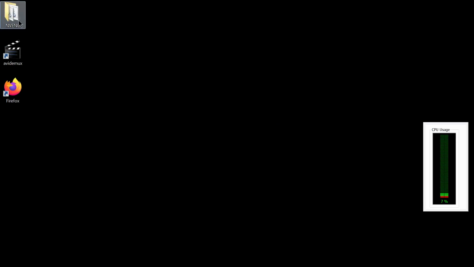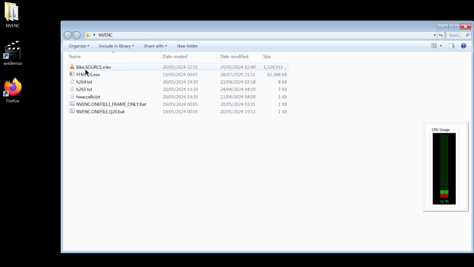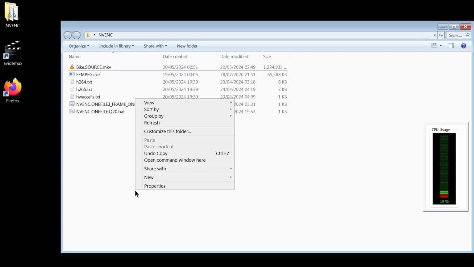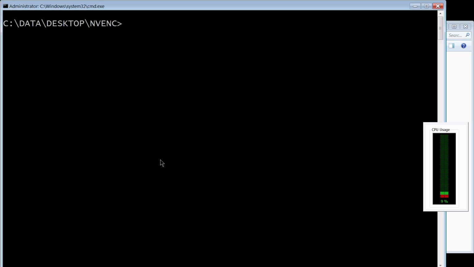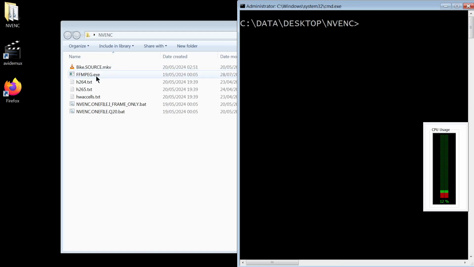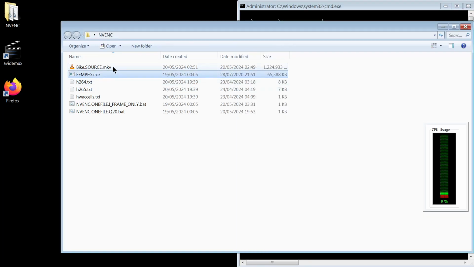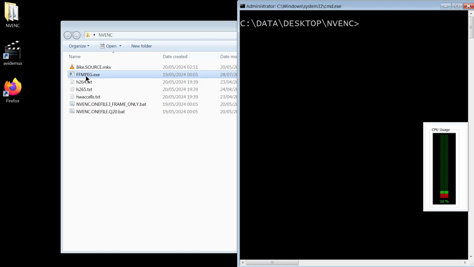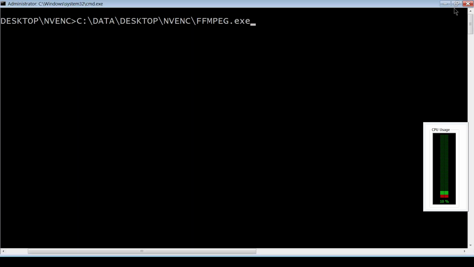Okay, first thing we've got to do is open up FFmpeg: shift, right click, open command window here. We'll move this over to this side and then drag FFmpeg.exe into this command window, and that's just going to copy the path. Make this a bit bigger, space minus HW